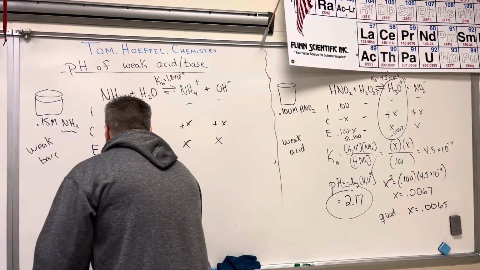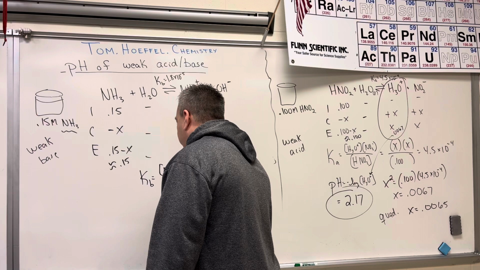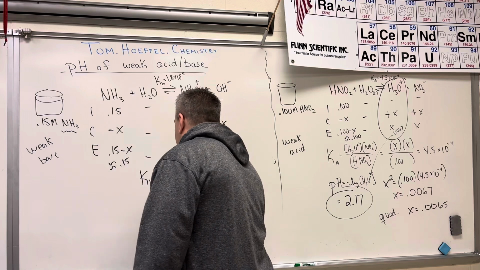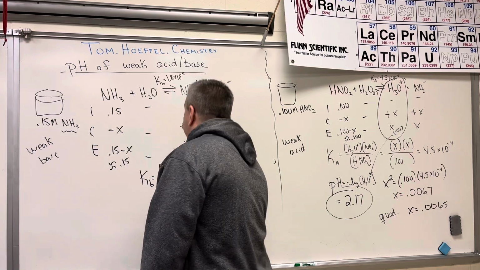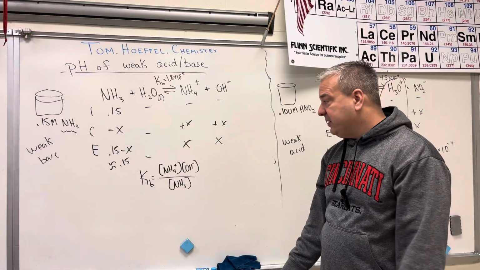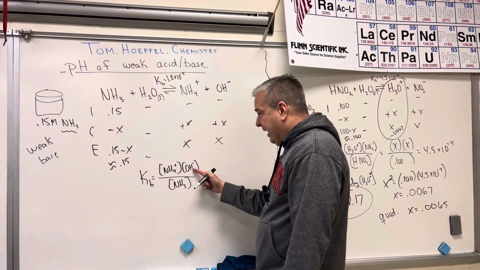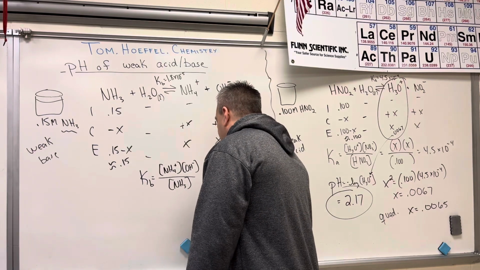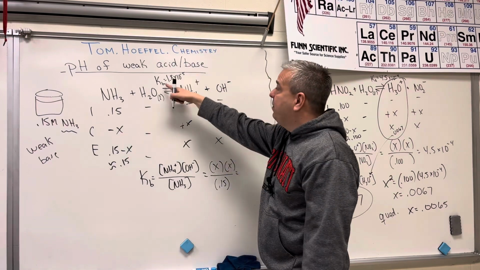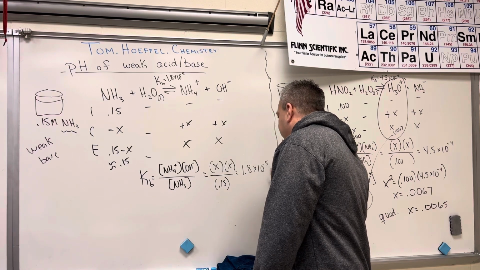Okay, so to finish up this problem, Kb is equal to the products over the reactants, which is NH4 plus and OH minus, all over the reactants, which is NH3. Remember, we're not including water because water is a pure liquid, and we do not include pure liquids in our equilibrium expression. And then we just sub everything in. So x here, and 0.15 here. So x and 0.15, and that's all equal to my equilibrium constant of Kb, which is 1.8 times 10 to the negative 5,